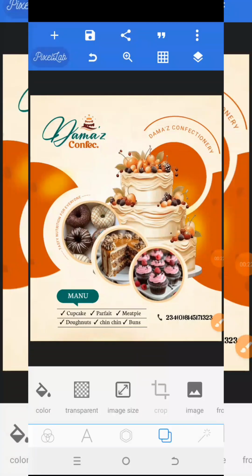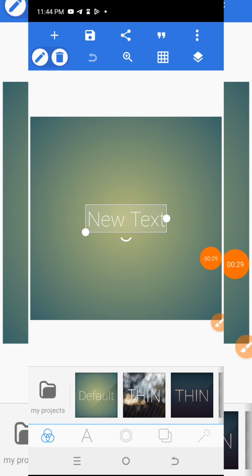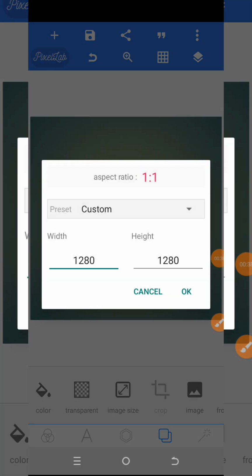So let me just exit and then return to PixelLab again. All right. So here we go. I will delete this default text. Yeah. So for the size, I will put